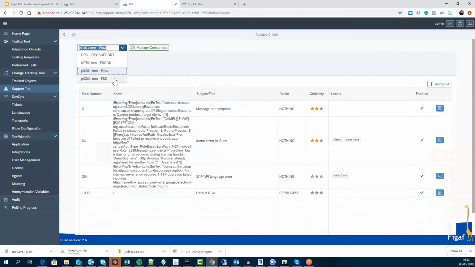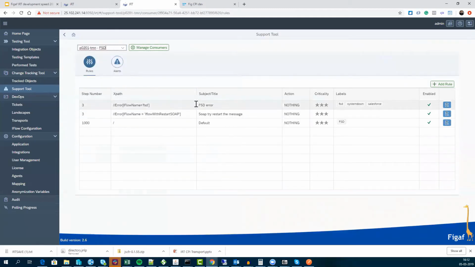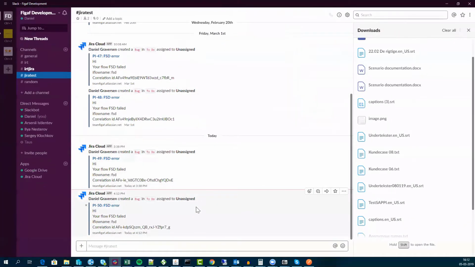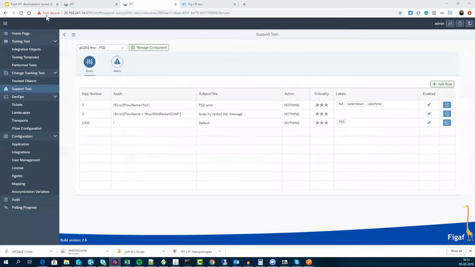So the other thing we have is, in this one, this is just everything that's being logged. And we can then see in my Slack that I just got, no, that's not this one. Oh, here we can see I just got a new notification that we needed to create a case for these things. So it's really easy, and the only thing we did here was in our Iflow we set the status